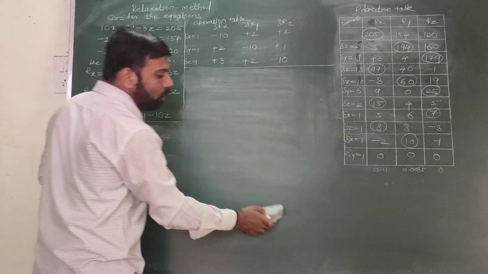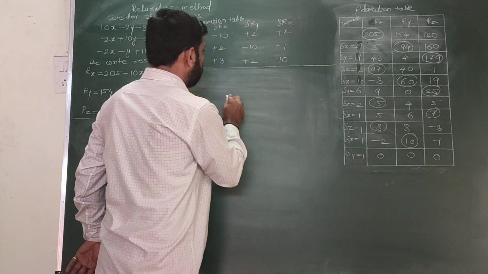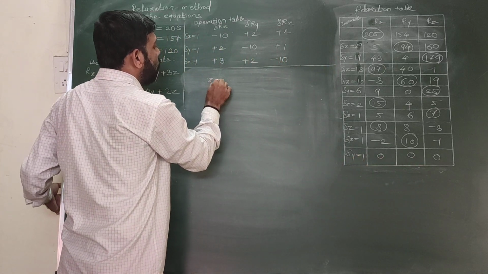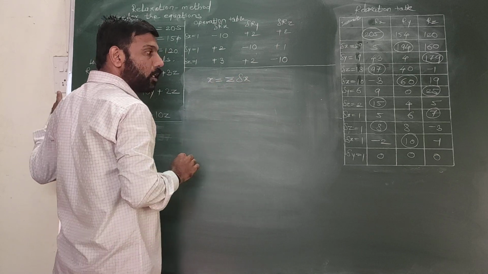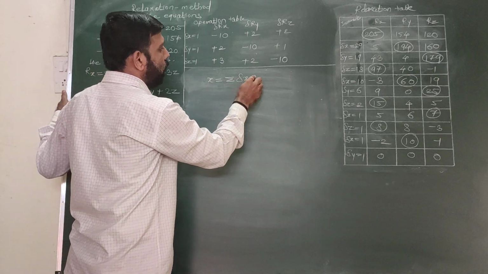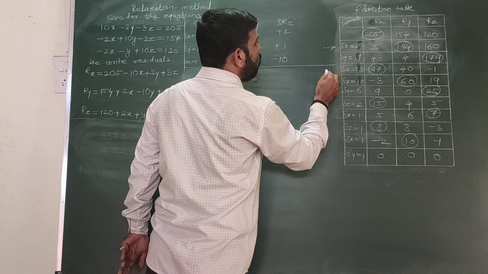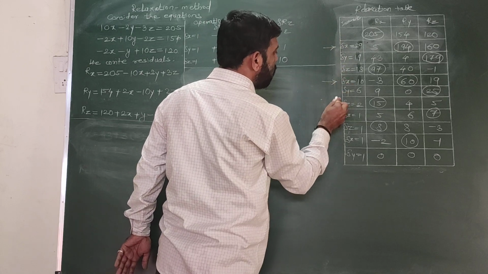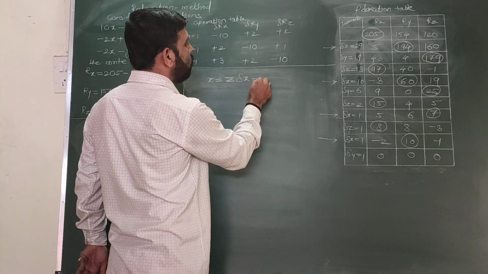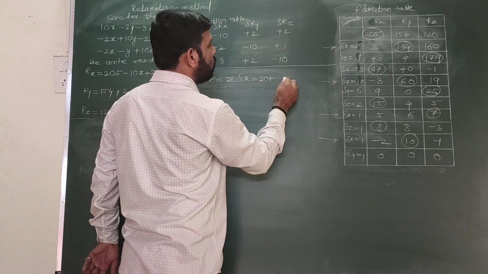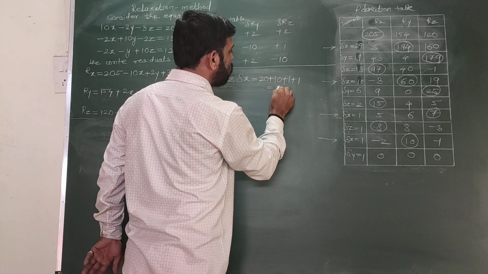The last part remains. How we'll define values of unknowns. Value of x is nothing but the summation of increments in x variable. So those increments we have to consider. Suppose I denote it by arrow. These are the increments in x. All those increments we will write down here: 20 plus 10 plus 1 plus 1, which is equal to 32.